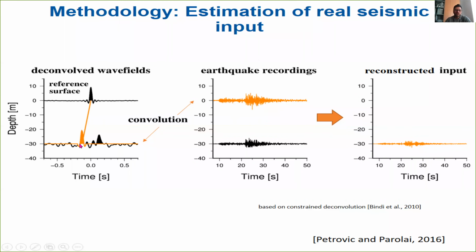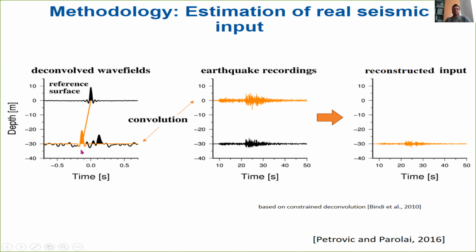If I would convolve this with this function, I would obtain again the initial seismogram in the borehole. If I do not convolve the one on the top with the whole Green function, but only with the acausal part, I will retrieve